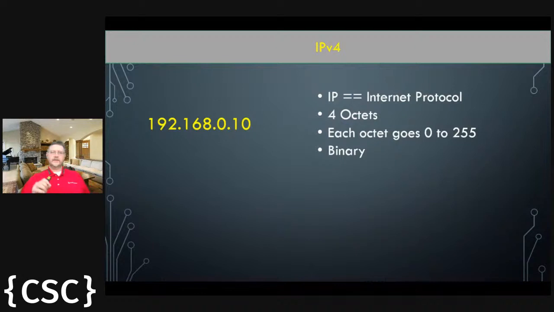Notice that there's the little dots. So what we have are 4 octets. And the reason they're called octets is because of the way they're represented. And each of those octets has a range of decimal numbers from 0 to 255. And